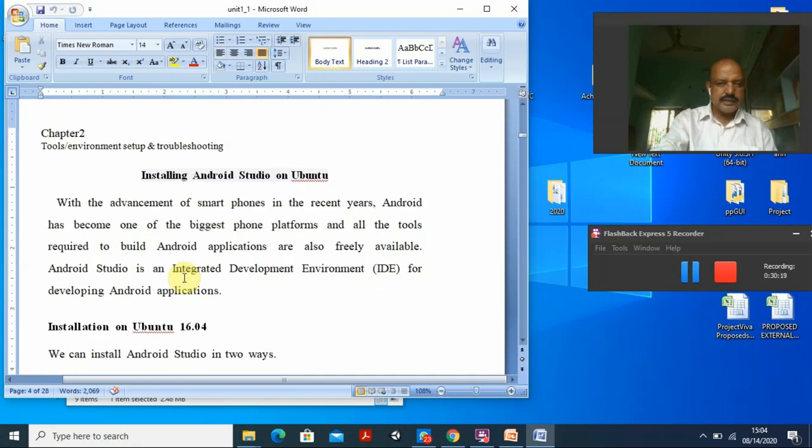And the second part of these things is installing Android Studio on Ubuntu. Remember, I will suggest you use this on Ubuntu, the Linux version, and mainly go for Ubuntu 18.0 LTS. Okay, this is the long-term service version. There is no excuse, you can do it on Windows, but as Android is Linux based, all things will be more comfortable, and I will be explaining all my programs only through Ubuntu.